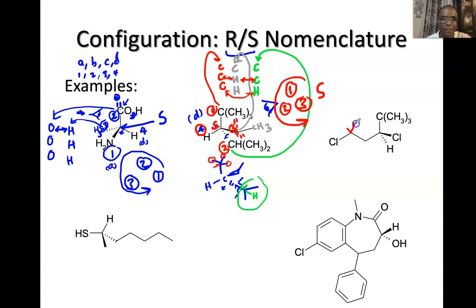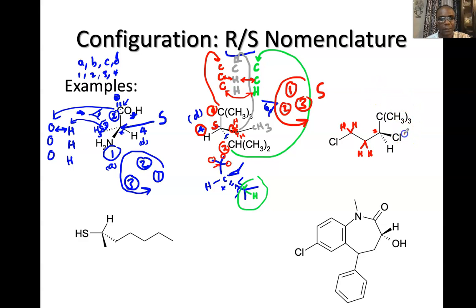This carbon right here is not chiral carbon, because you have 2 groups that are the same. This is not a carbon that's part of the formula of Cl. But now if you come here, this carbon right here is chiral, because it's bonded to 4 different groups: chlorine, hydrogen, this tail, and the butyl group. Now